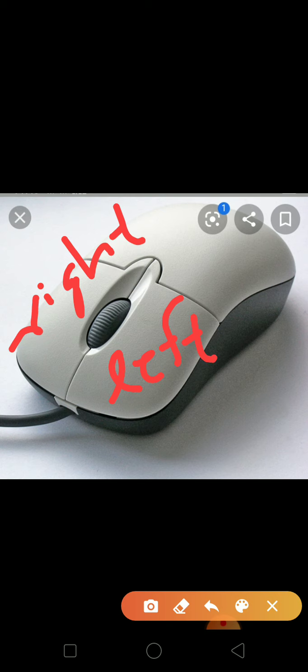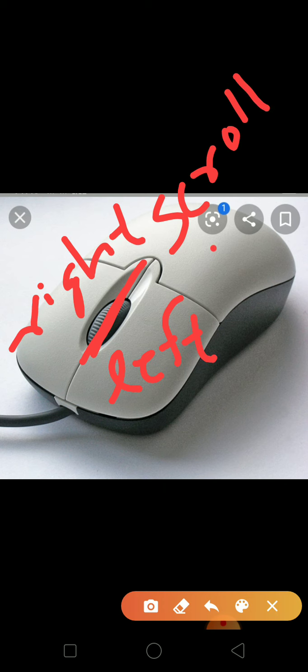So this is your left button and this is your right button. And the middle one will be your scroll wheel. Understood children? This is your scroll wheel. So like this you have to use your mouse.